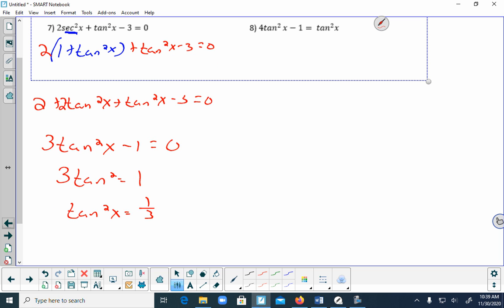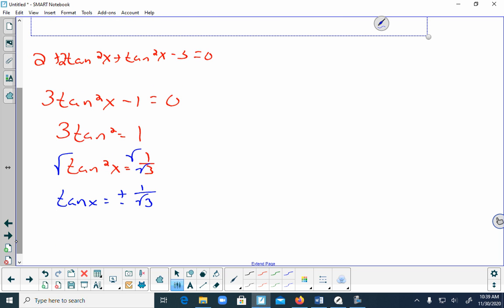And now I'm going to take the square root. So the tangent of x is equal to plus or minus the square root of 1, which is 1, over the square root of 3. And then that's going to be anything with a denominator of 6. So it's going to be pi over 6, 5 pi over 6, 7 pi over 6,